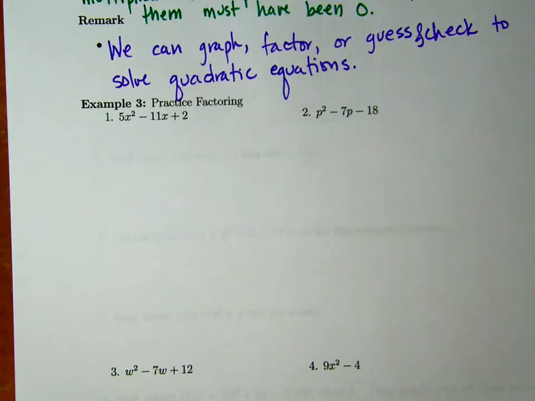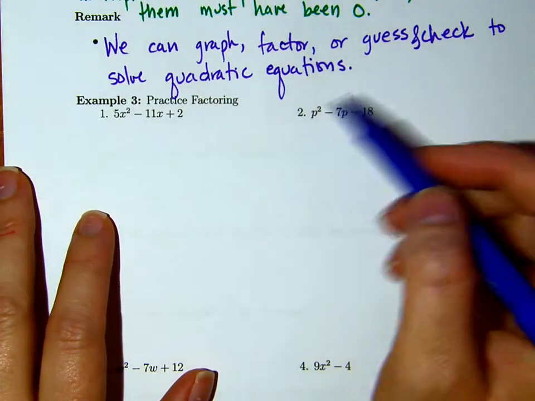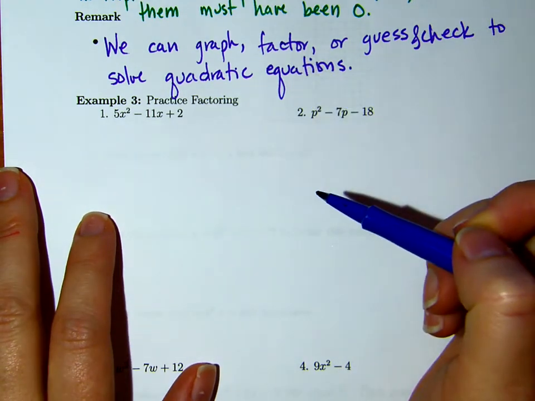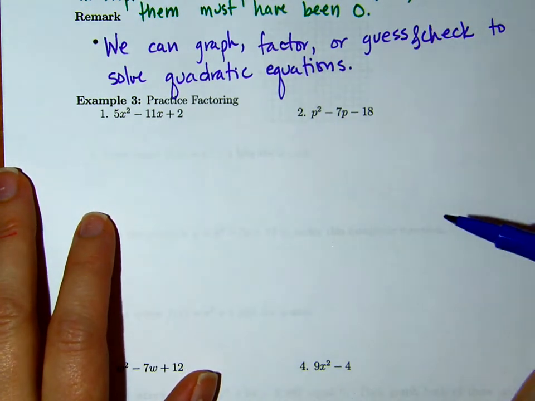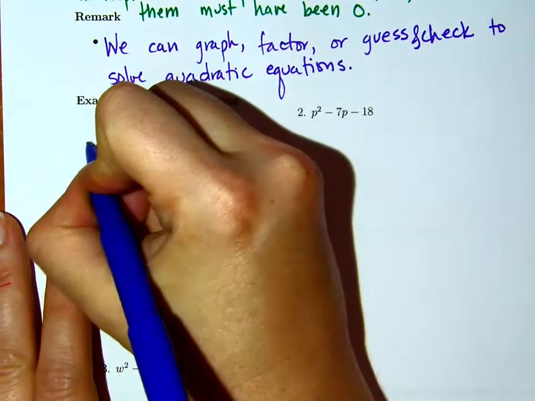It would be nice if we could factor, because that would cut down on some of the work we have to do. So let's try that. Well, we know that factoring is the undoing of distributing or multiplying. We multiply two factors to get a product. So right off the bat,